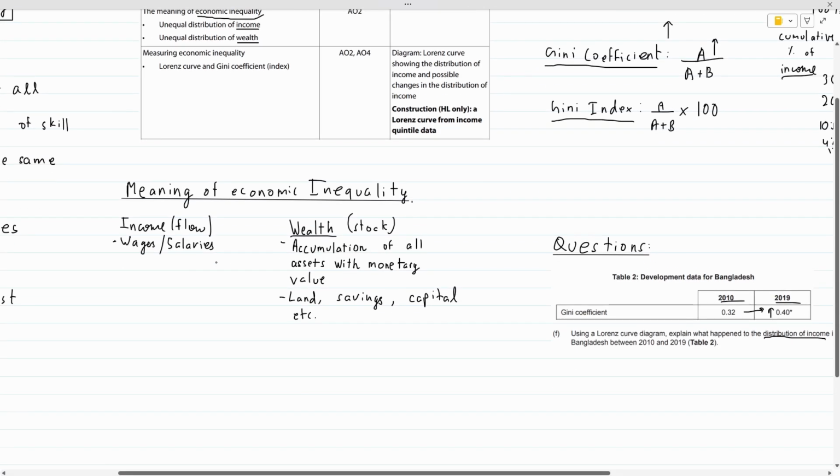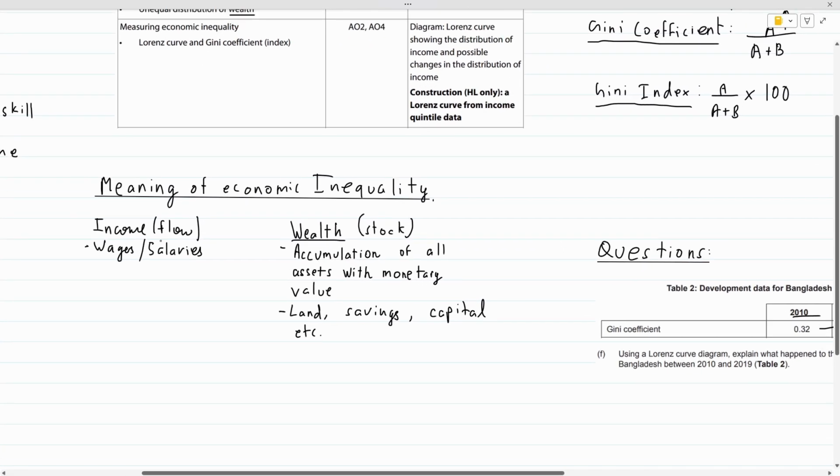So, income can be thought of as a flow concept where, for example, you're earning a wage or a salary from a job and you're getting that every month. So the income is flowing into your account every month and it's repeating basically. So that's the concept of income. This can also be in the form of some profits you've earned from shares or any dividends that are paid out to stockholders.